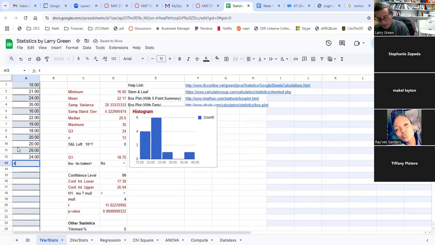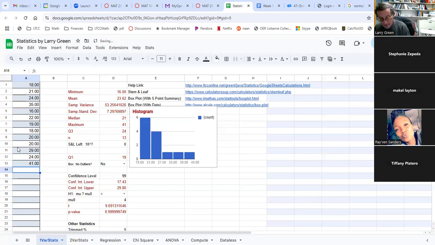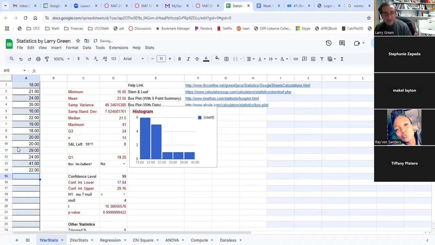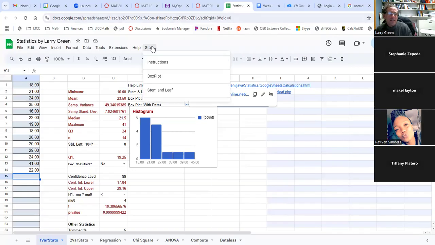How about a 41-year-old? Another 22-year-old. Okay, so now if I go to the stem and leaf, it'll be a little more interesting. By the way, for your project, make sure you have 2-digit numbers if you can, because then you could do stem and leaf. It'll be interesting. So if I go to stats, stem and leaf,